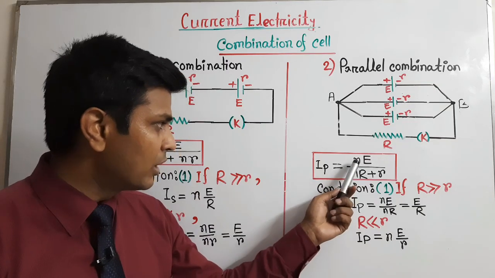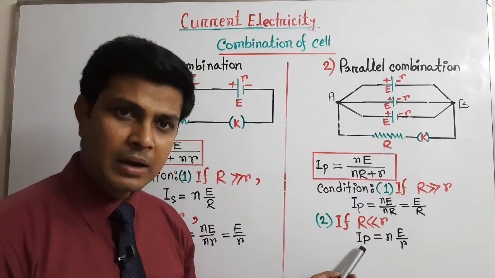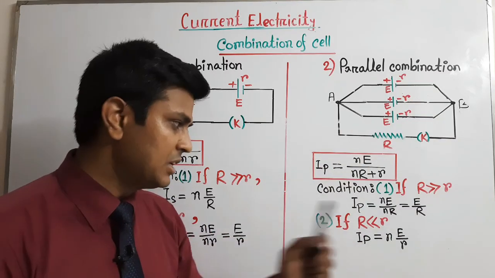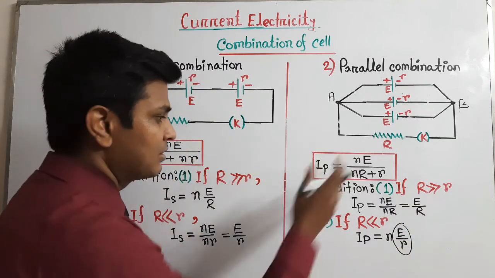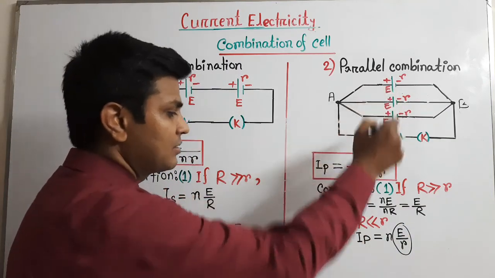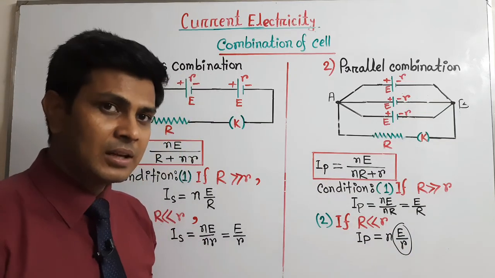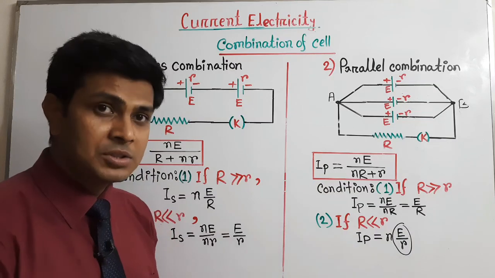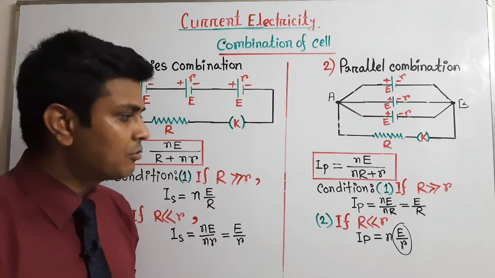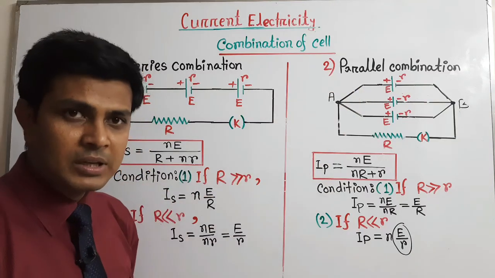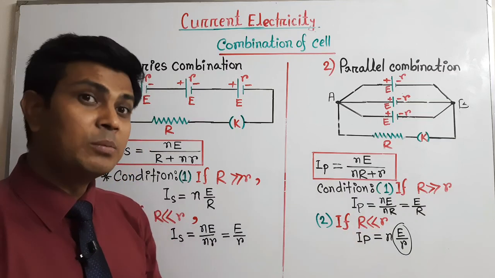If we neglect this value, we only have nE divided by nr. So finally we can write the current for the parallel combination as n capital E divided by R, and this represents the current passing through a single resistance. If we have 3 cells, then the current will be 3 multiplied by the current of each cell. So the current will be large. So we can say that in order to get a large amount of current in the parallel combination of cells, you have to arrange the circuit in such a way that the internal resistance is greater than the